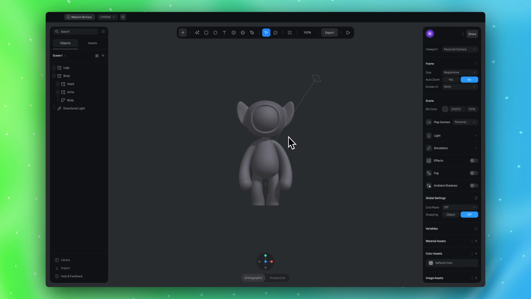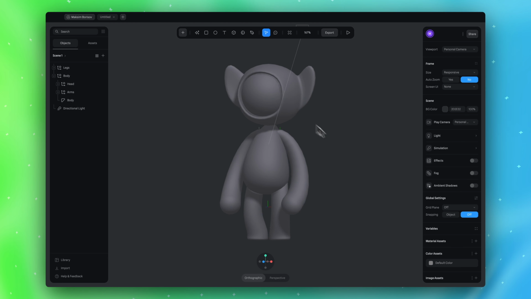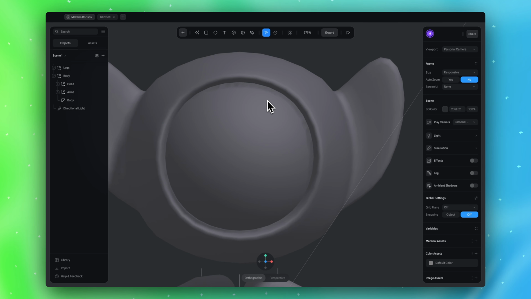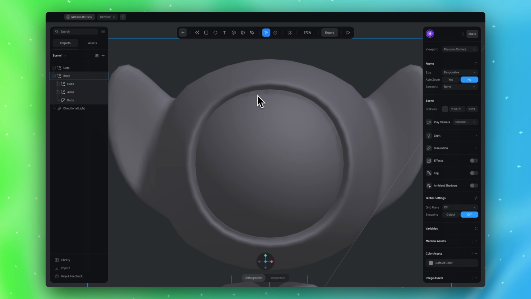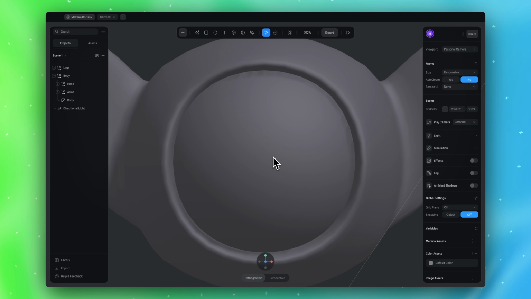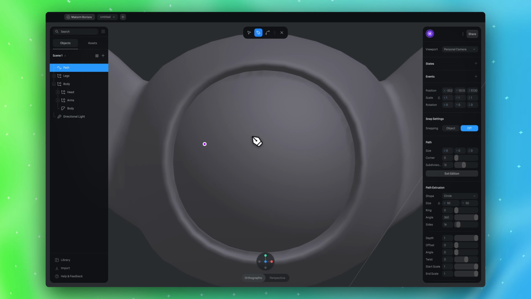Okay, and we need to add a few little details. We need to add eyebrows and a tail. And let's go to our face. Let's zoom in and let's create eyebrows. Actually it is pretty much the same as how we work with arms and legs. Let's zoom in, select plus, path, and let's draw our eyebrow. So we can always change the eyebrow later. Let's just put one path point and a second path point like this, and we need to change the size of the shape of our